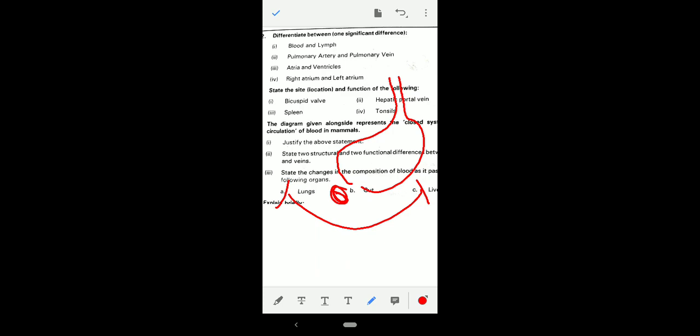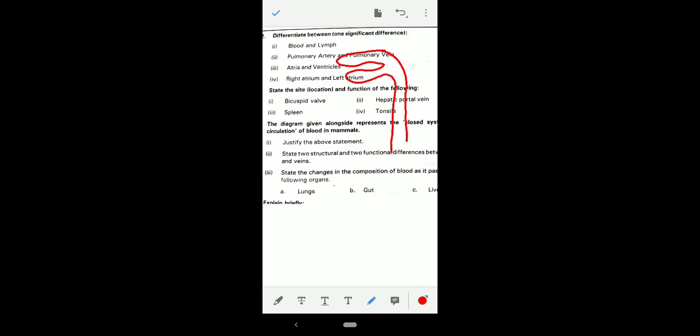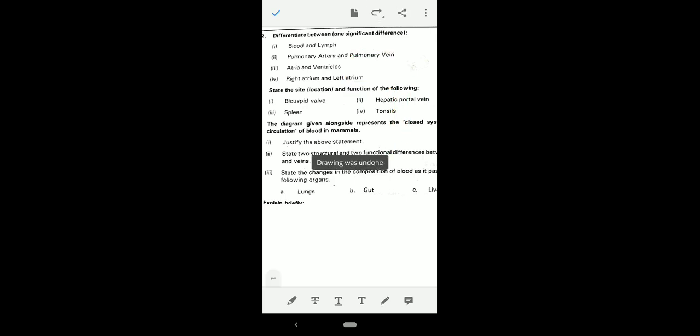What is the location of tonsils? Tonsils are also lymphatic tissue. Tonsils are located in the posterior wall of nasopharynx. This is the nose, naso. This is the pharynx region. And if we see the 3D structure, behind it there will be a tonsil. And these tonsils also help to produce antibodies with the help of lymphocyte and provide immunity.